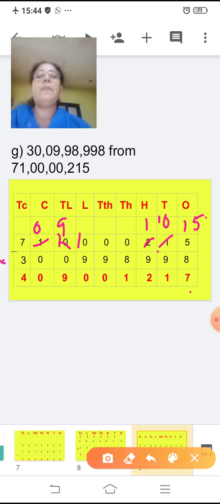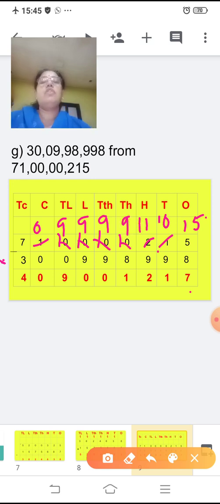So you have to go stepwise. Now the number in the lakh place is 10. So when you borrow from the lakh place to the 10,000s place, this number will become 9 and this will become 10. Now from the 10,000s place you'll borrow to the thousands place. This will become 9 and this will become 10. Now from the thousands place this will become 9, and in the hundreds place it will become 11. Now count the number after 9 in the hundreds place: 10, 11. So it is 2.